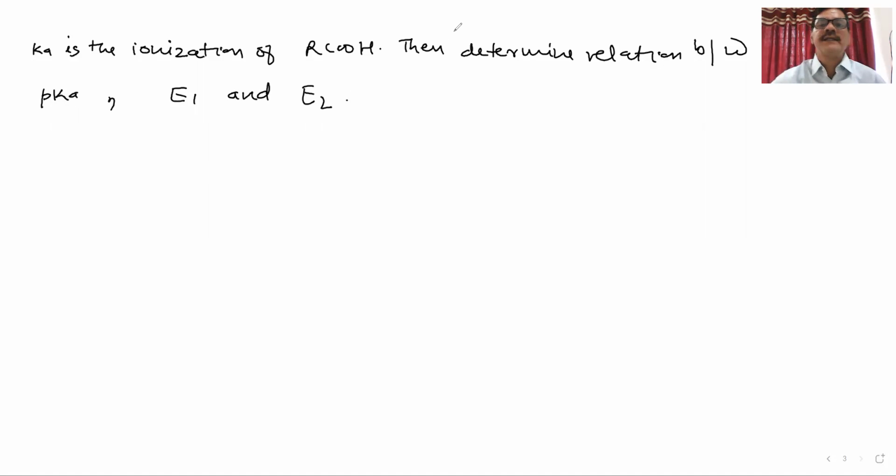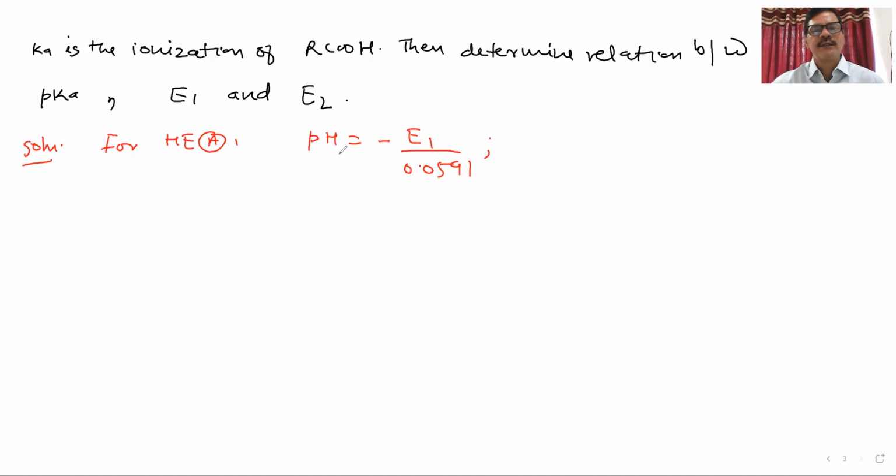Now we can see the solution. For hydrogen electrode A, pH will be equals to minus E1 by 0.0591. Already we have determined this formula. That is the pH1, and the pH1 is also equals to what? pK according to the buffer solution, log salt by acid. So say this is equation 2,